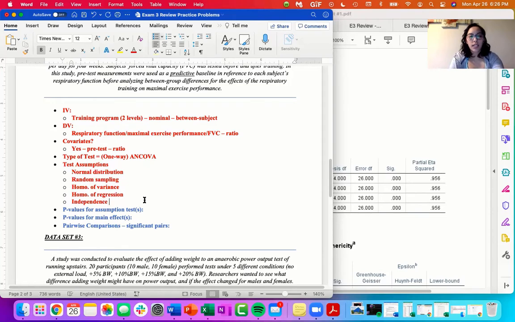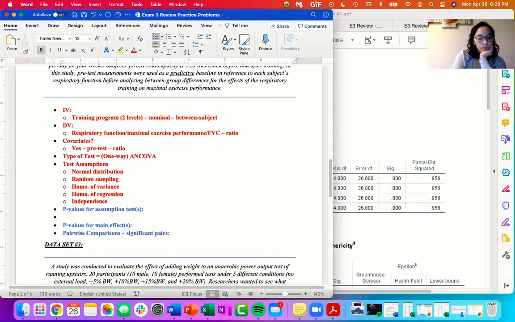You could also put like there's at least one leveled independent variable, at least one covariate, that type of thing. But because there's a lot of variability that could come with those descriptions,